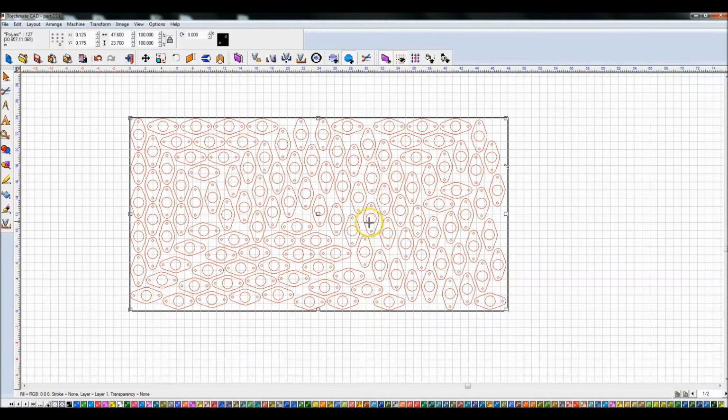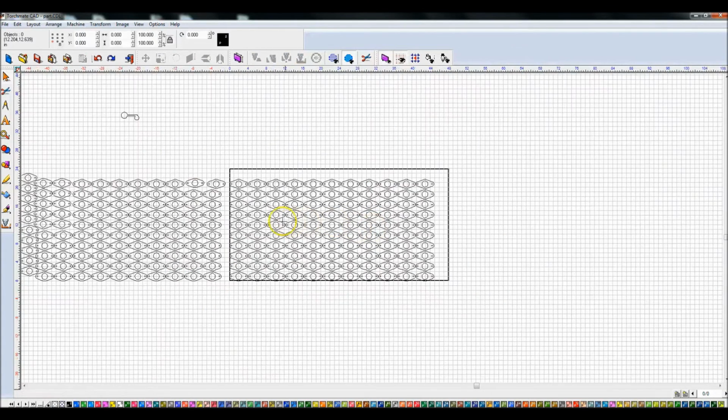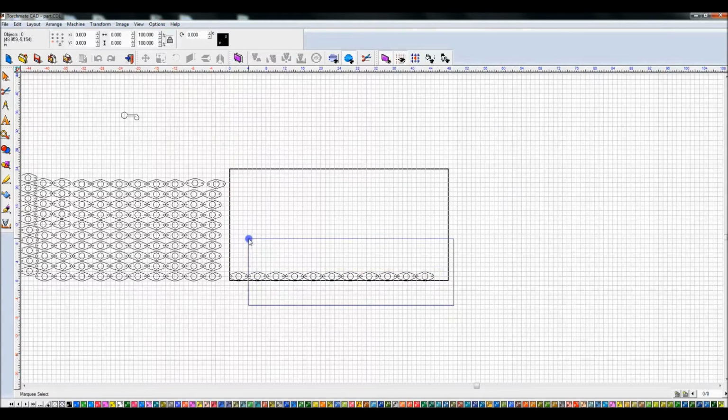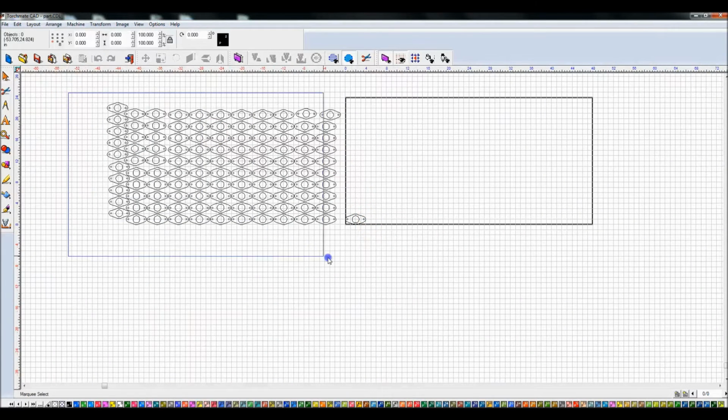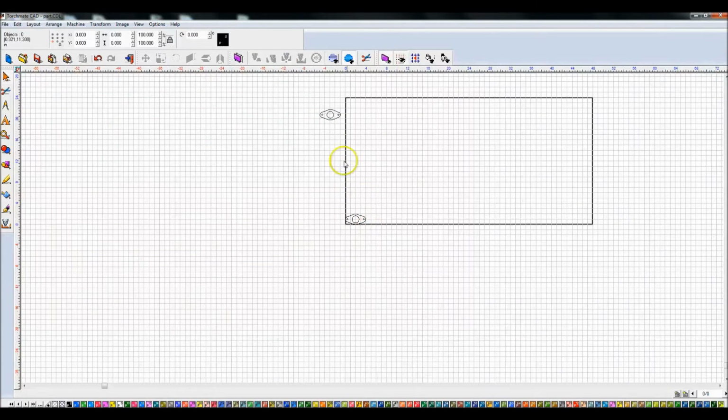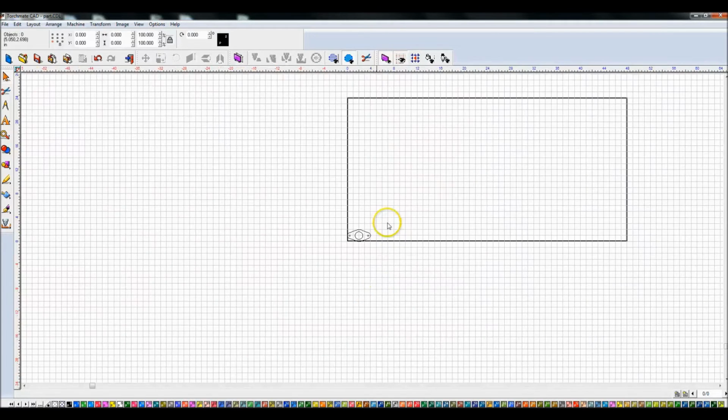Okay. I'm going to Control Z this to undo, and what I'm going to show you now is how those of you with CADlite would do this. This is the way I was doing it myself. Let me just go ahead and delete these for now too. Okay, so what I would do